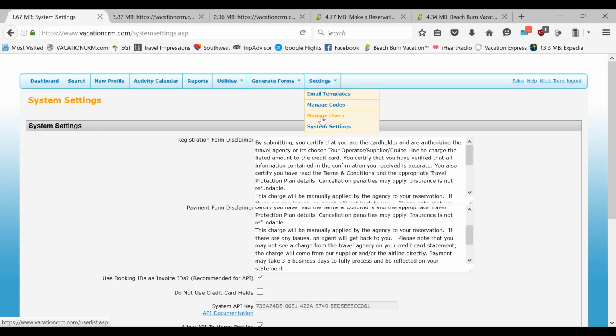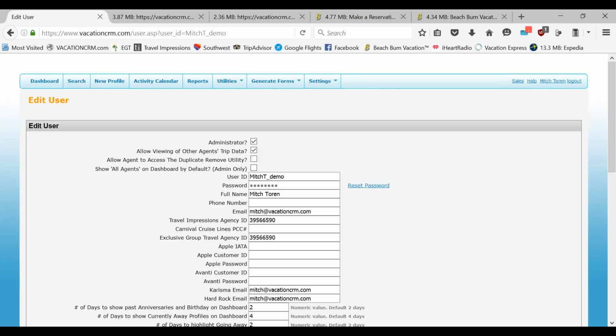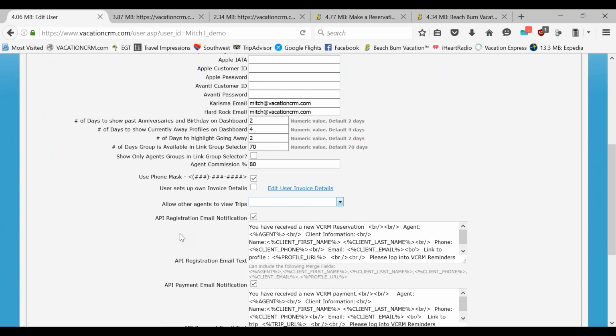Okay, another thing we just added is the ability to get emails when someone submits one of the forms, and to set that up, you go into the settings and then manage users, and then just click edit next to your name, and you'll have to do this for all agents if there's multiple agents. And if you scroll down, you'll see API registration email notification and API payment email notification. You want to check those boxes, and then you can set it up like something like this, where it says,